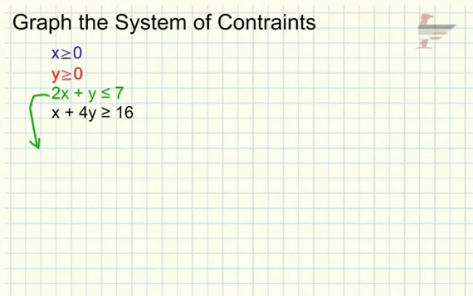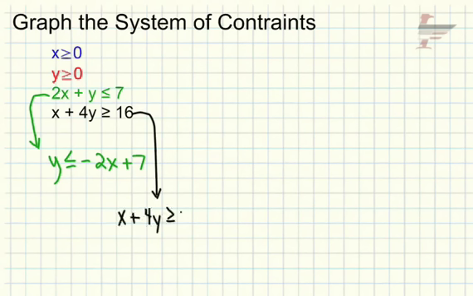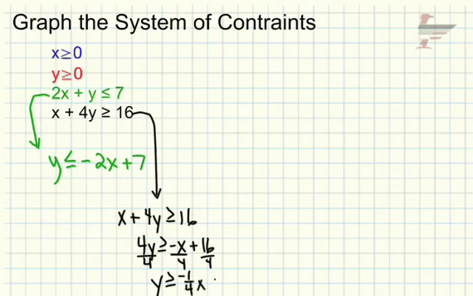2x plus y is less than or equal to 7, so we'll subtract 2x from both sides. So we have y is less than or equal to negative 2x plus 7. And then the other equation, we have x plus 4y is greater than or equal to 16. So we subtract x from both sides and then divide everything by 4. So we have y is greater than or equal to negative x over 4, which is negative 1/4 x